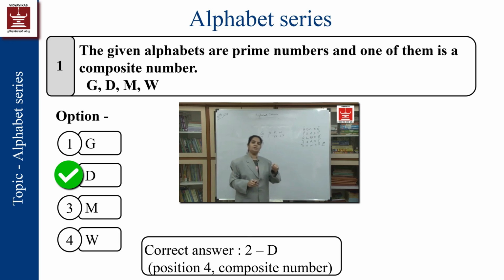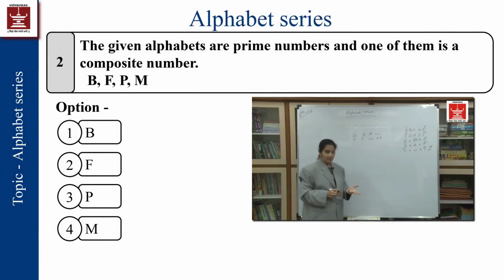In your question paper also, you will see that the alphabet series is written on the top. So when you get a question paper, if you just number them and have a look, you'll be able to find out what is odd. This is the first type of question, prime number and composite number. It can be other ways also. For example, if I have